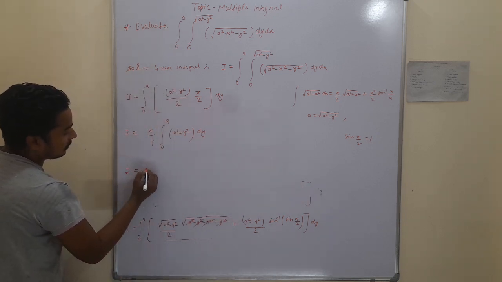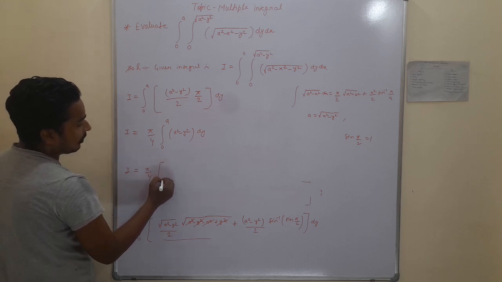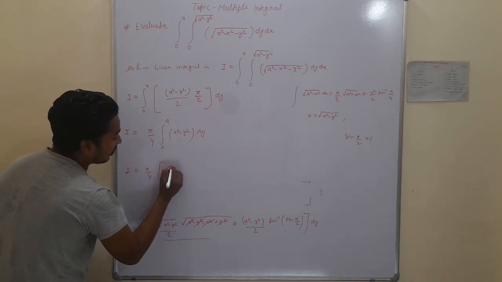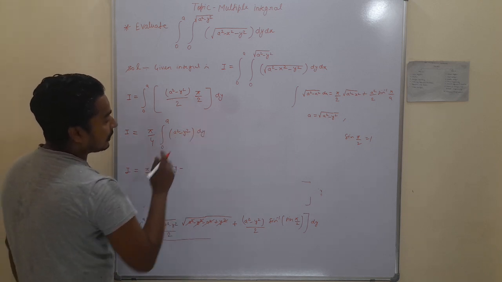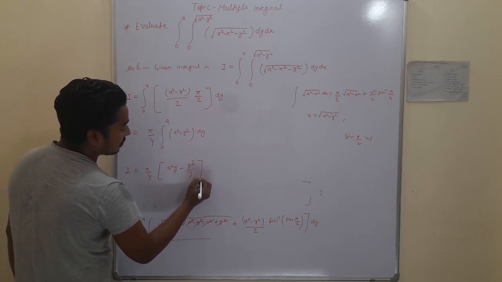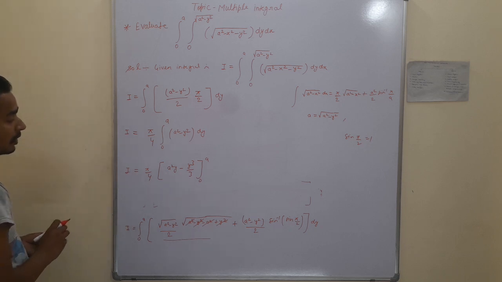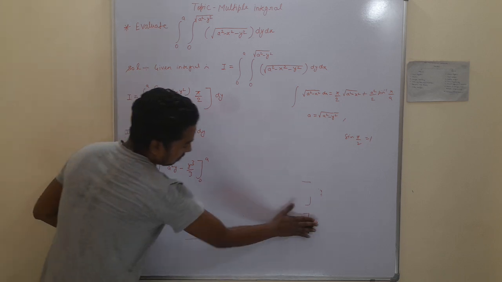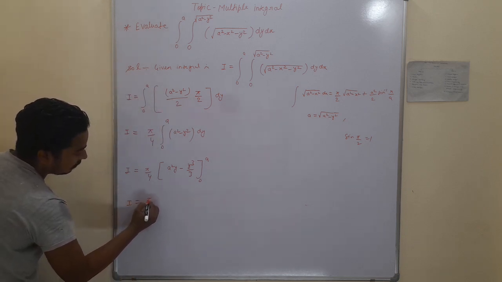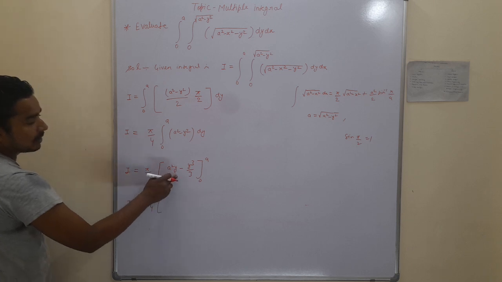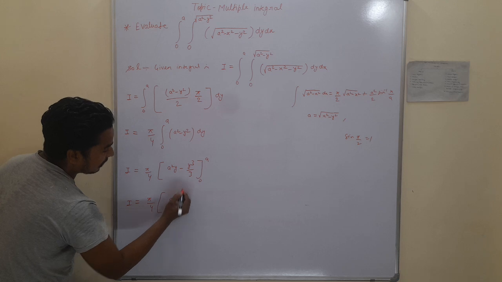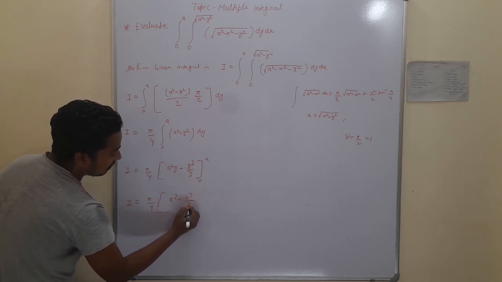this is given by I is equal to pi by 4, and here a squared dy, on integration of dy we get y, so we write a squared y minus y squared dy, on integration this gives y cubed upon 3, and the integral limit is 0 to a, and here we put the limit, the upper limit. So I is equal to pi by 4, and here in place of y we put a, this gives a squared into a, this gives a cubed minus a cubed upon 3,